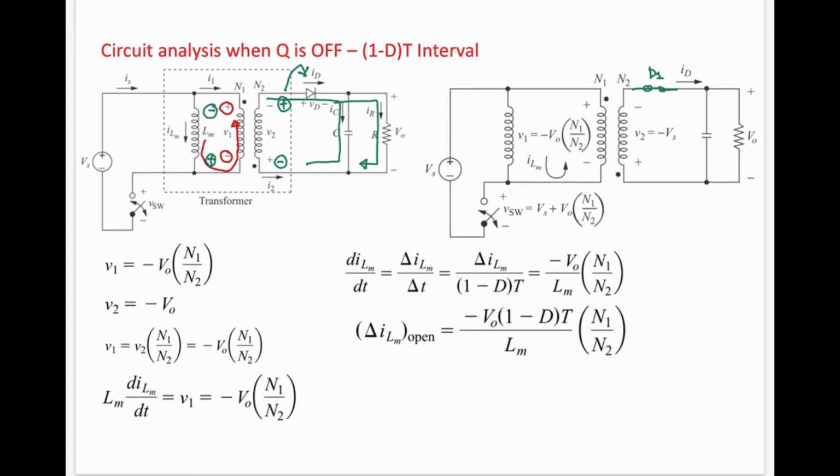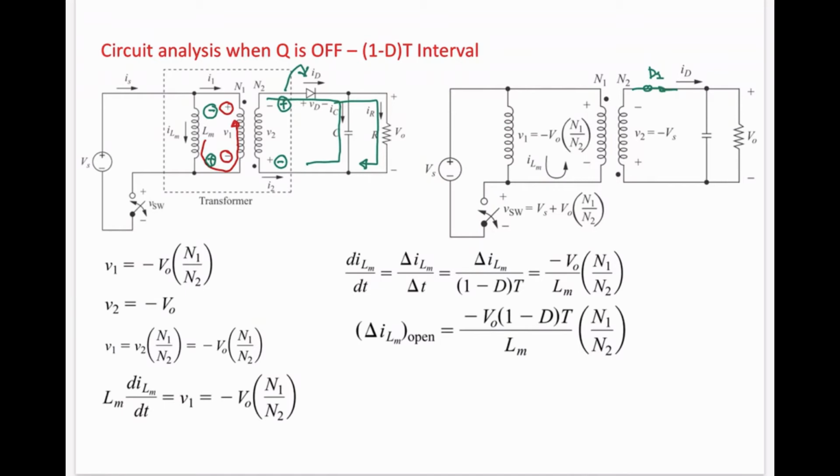Right? Now the current is going to flow in your secondary winding, and now the energy stored in your magnetizing inductance is being delivered to the load. So when your switch is on, the energy is stored, and when your switch is off, the energy is delivered to the load and to the capacitor that is connected in parallel to the load. It stores energy, and when the cycle goes to the on state, when your switch is turned on again, the energy stored in the capacitor is delivered to the load.